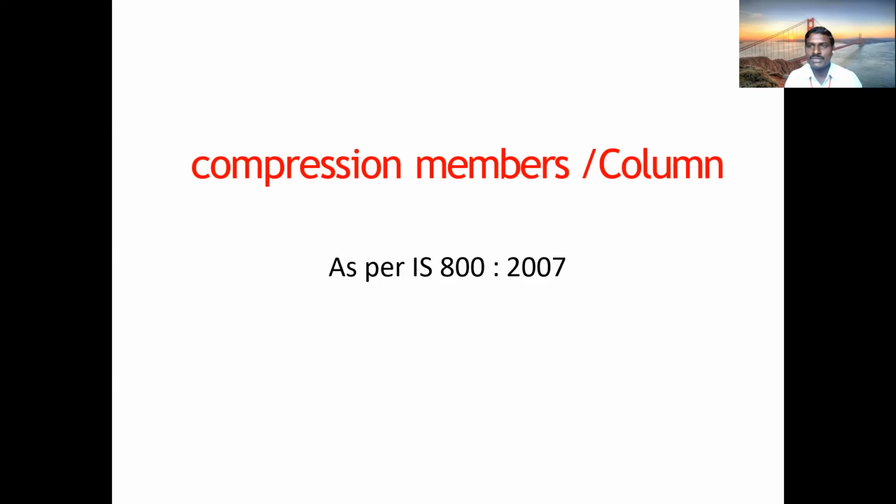Now designing the member means what we have done: at what size of section we have to provide for taking this load. We did this, right? 100 kN, 230 kN, 180 kN load was coming on that member. There we saw one problem of a single angle and one problem of a double angle. So in this way, for this load we have to provide the section. For this load we have calculated the area. From the area we have selected the section, and for this section we have calculated the strength, whether it can be safe or not.